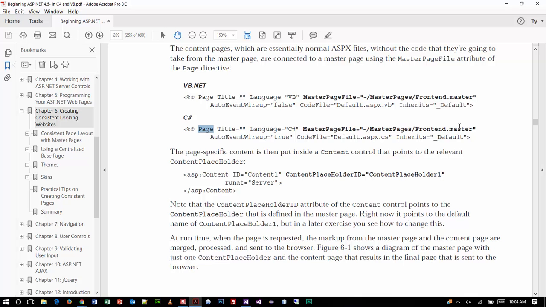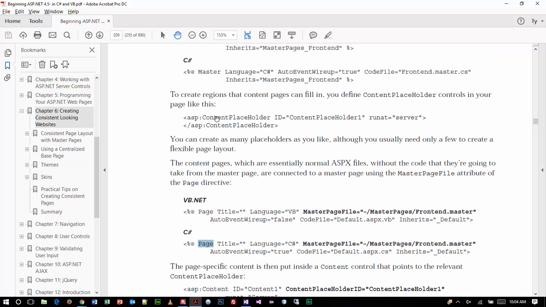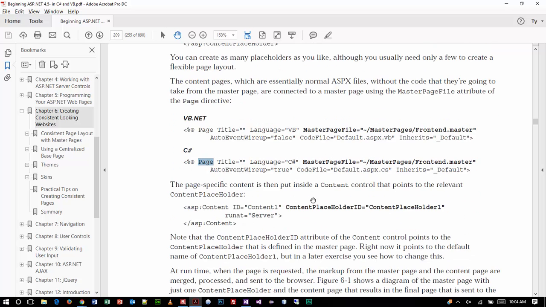Just how it goes. So this is the kind of thing you're going to see at the top of those pages now, is the pointing to the master file, and then the fact that we would push the content from the page to this placeholder on the master page. On our